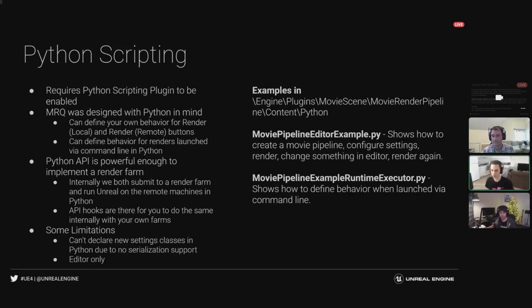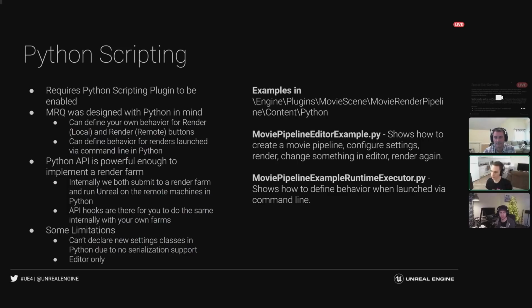There are some limitations to the Python scripting. Big one is it is editor only, does not work in shipping builds. Shipping builds are when you cook and deploy. So it's really for like final games. And so that's why Python does not work. One of the other ones is that you can't add new settings classes in Python. Python allows you to declare new UObject UClasses, but these cannot be saved. So you can't do this in Python where you make a new setting to be added to the list and then you add it to the list and then save it. Because Python classes can't be saved, that can't be done.